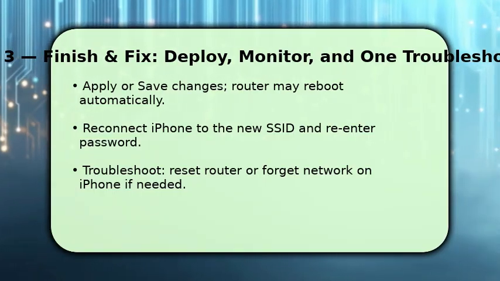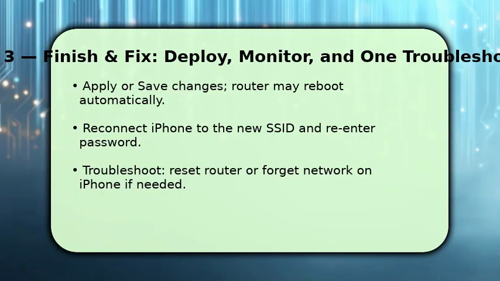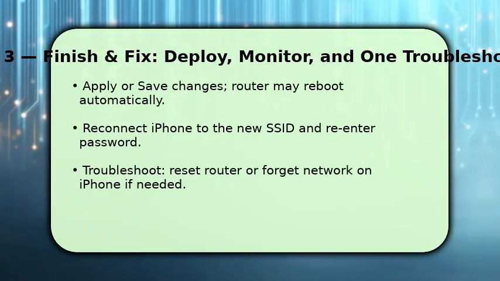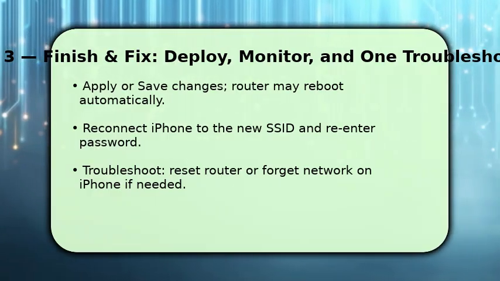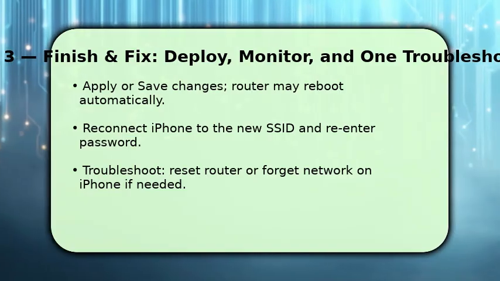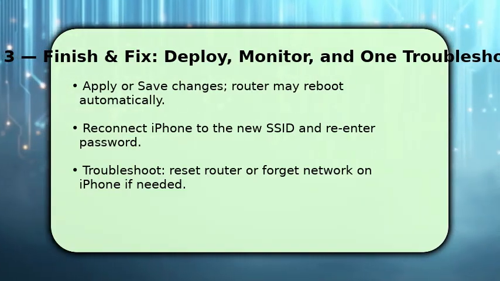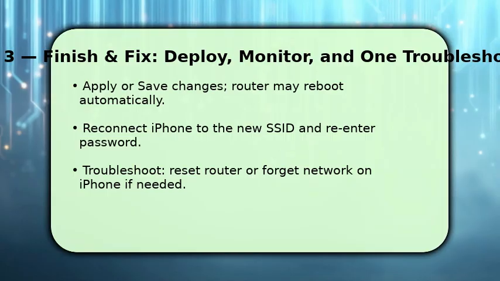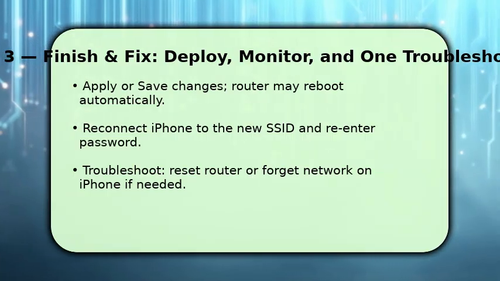It may reboot. Once the router restarts, open Settings Wi-Fi on your iPhone, find the new SSID, and tap to join. Enter the Wi-Fi password if requested. If your phone won't see the new name, forget the old network on the iPhone and toggle Wi-Fi off then